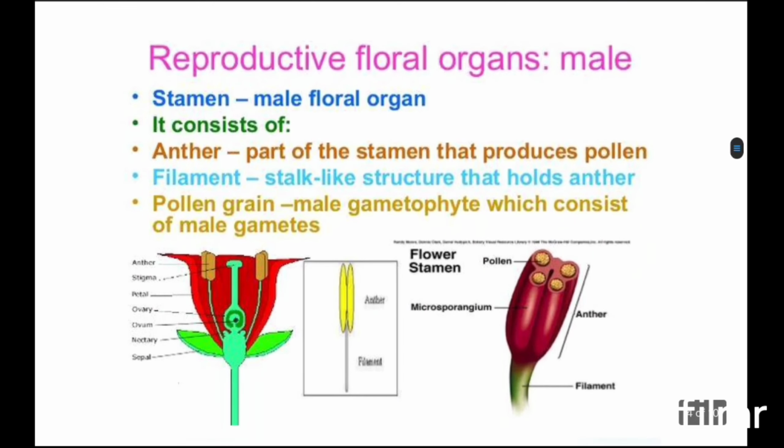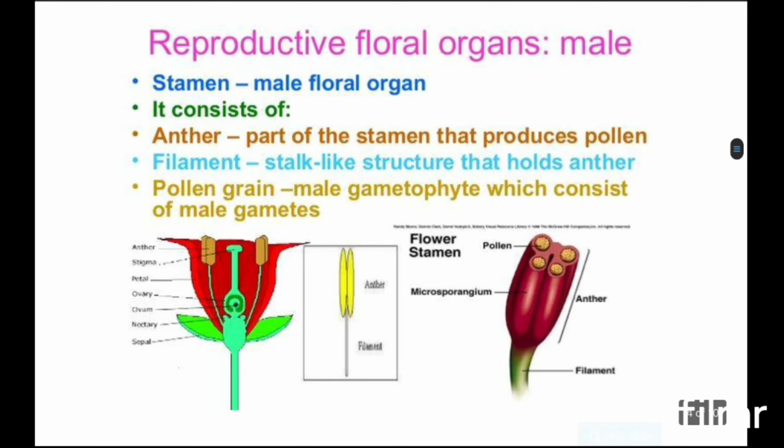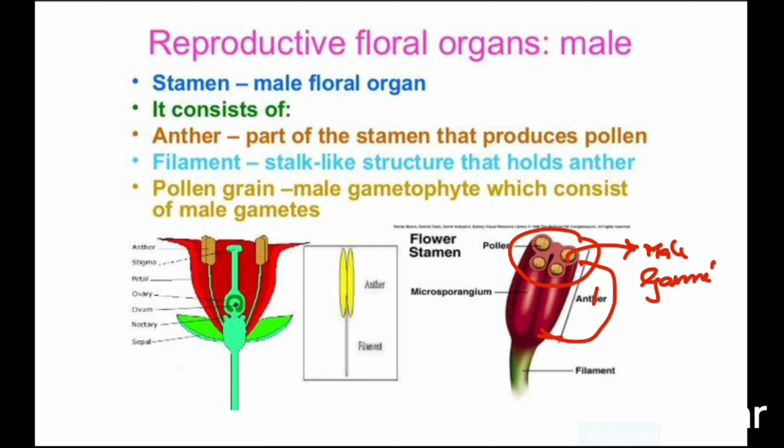Now we are going to discuss the male part in some more detail. You can see that this is the anther part, and totally we say stamen; it has anther and filament. Anther is the part of the stamen that produces the pollen grain. If you take the cross section, you can see the total part is called anther, and there are 4 different parts in which the pollen grains are there, right? Inside the pollen grain, the male gamete is present.